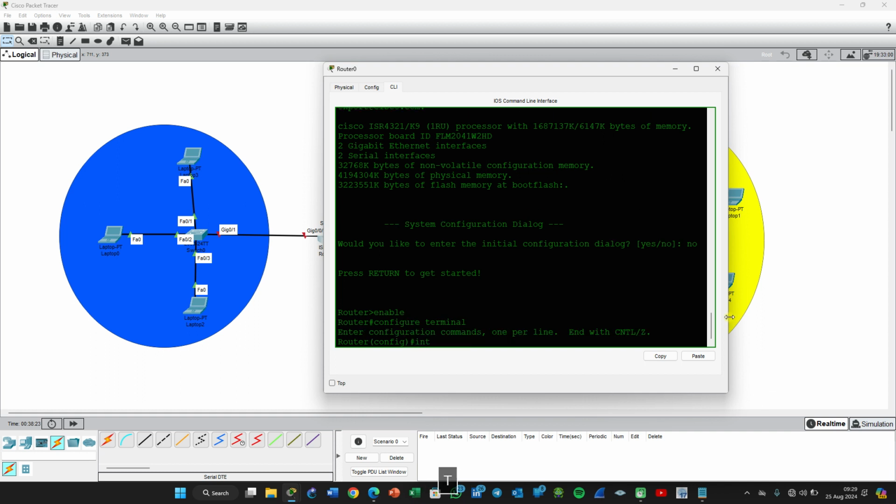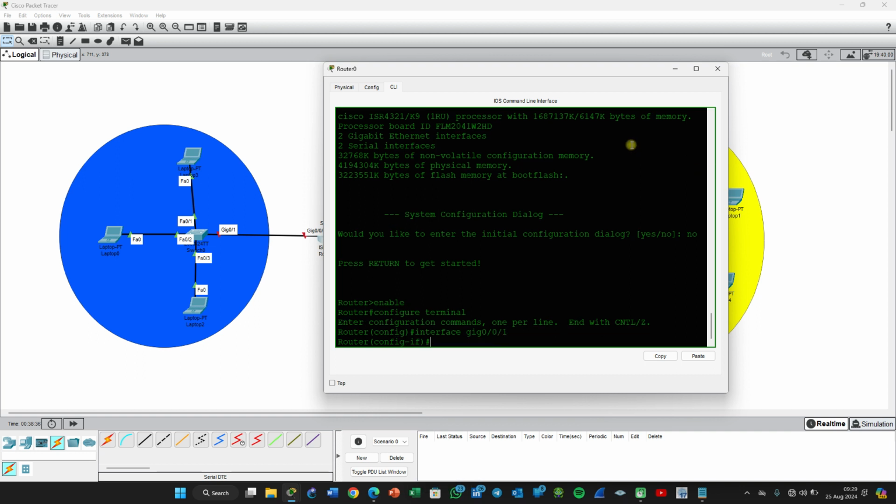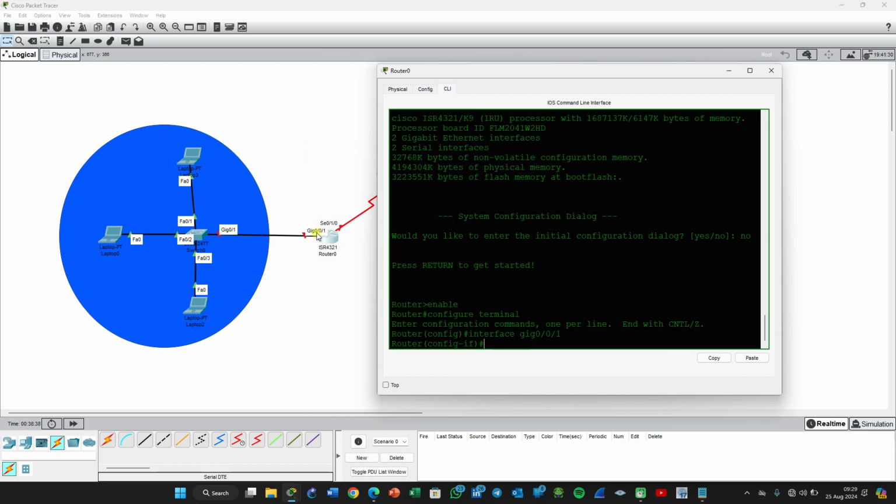Okay, then say interface gig 0/0/1, like that. Okay, which is this one here, this one connecting to the switch. Then I'll paste that gateway. I'll say IP address. Okay, then I'll paste the gateway for this subnet space, and I'll put the subnet mask